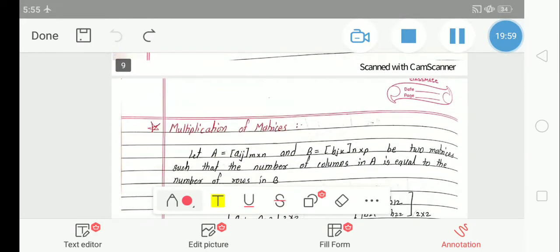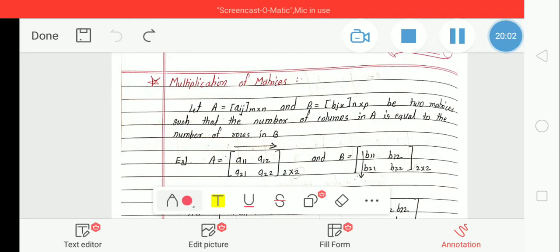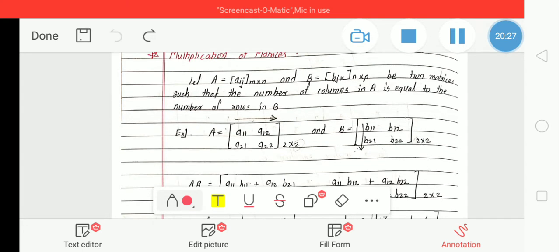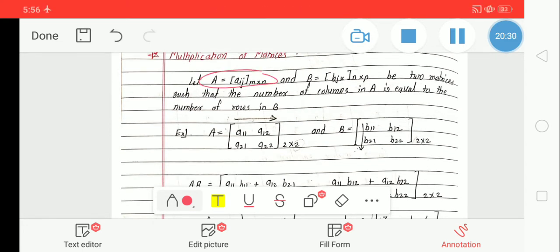Now multiplication of matrices. Let A be equal to a_ij of size m cross n and B equal to b_jk of size n cross p, matrices such that the number of columns in A is equal to the number of rows in B. Meaning this matrix has n columns, and the other matrix has n rows, that is equal. So